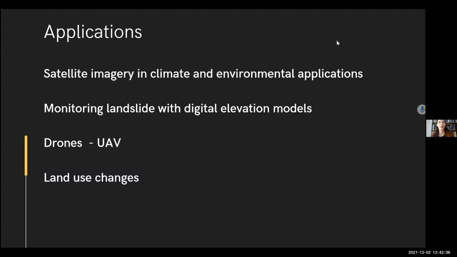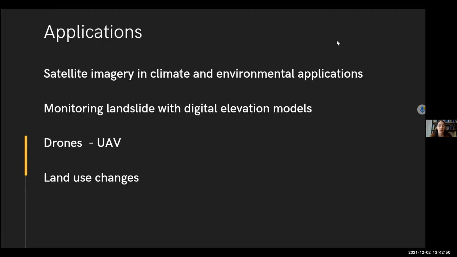Okay, some few applications that later I would like to talk with you a bit more about. For sure you have more applications in mind. The main applications I give to this kind of approach is to use satellite imagery or images for climate and environmental application. But also, if you are monitoring landslides, for instance, with a digital elevation model, and even if they are from radar images or you are getting observation in situ, I think this kind of data structure will